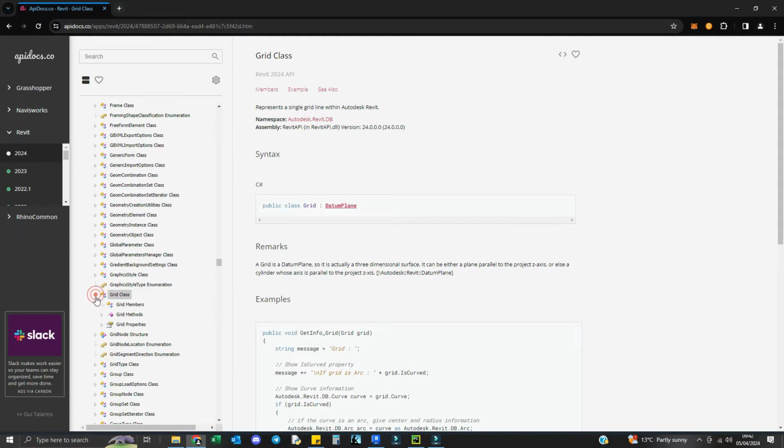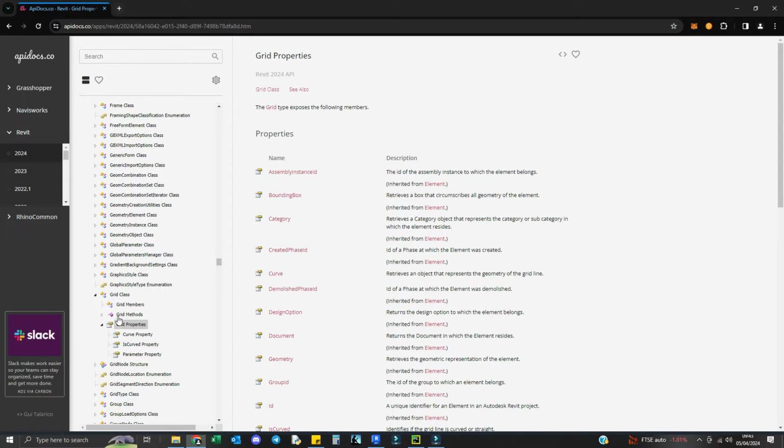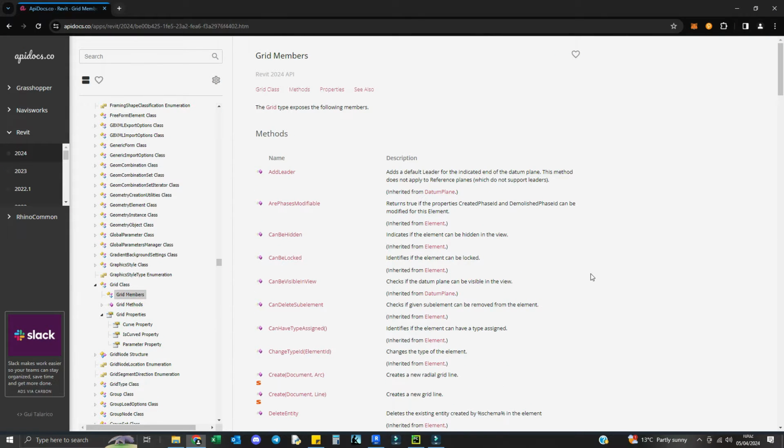And if I expand this, I cannot see any methods or properties that can help me get grids names, check whether they are pinned and monitored. And I think that's because these are grid specific methods and properties. But if I go to members, scroll down to properties,